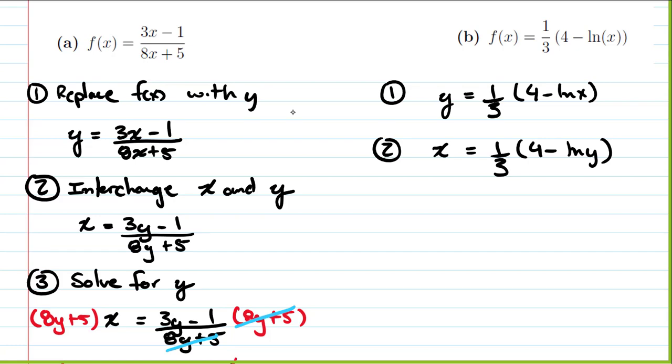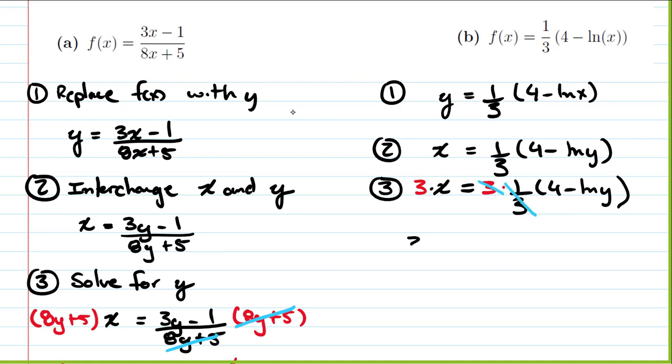In this case, our y is trapped inside a logarithm, so this is a logarithmic equation. So we need to isolate our logarithm. So to solve, the first thing we need to do is multiply both sides of the equation by 3. So we get 3 times x is equal to 3 times 1/3 times 4 minus the ln of y. So the 3 and the 1/3 reduce out, and we're left with 3x equals 4 minus the natural log of